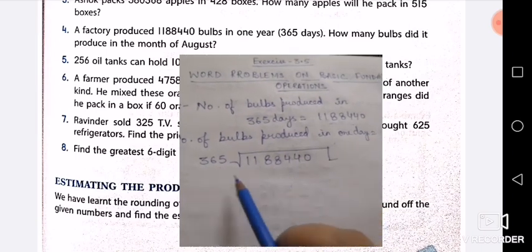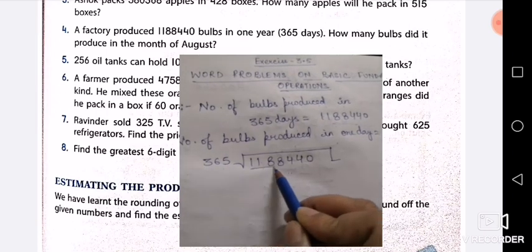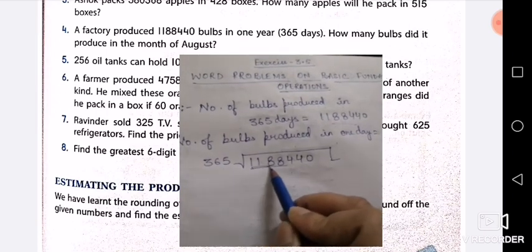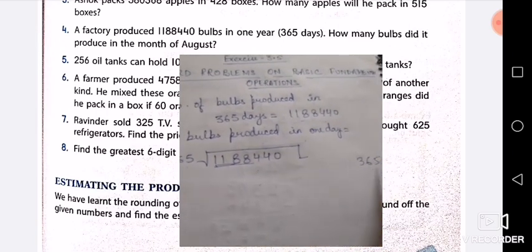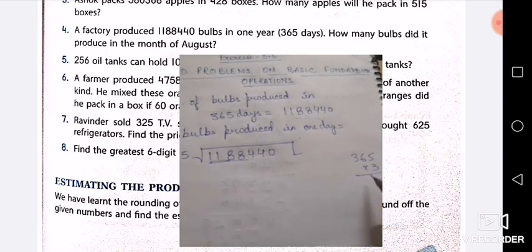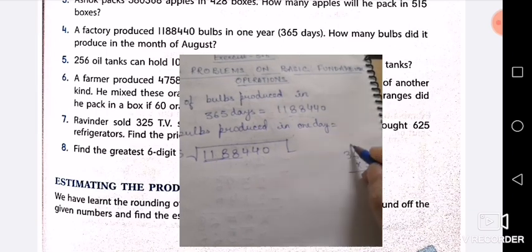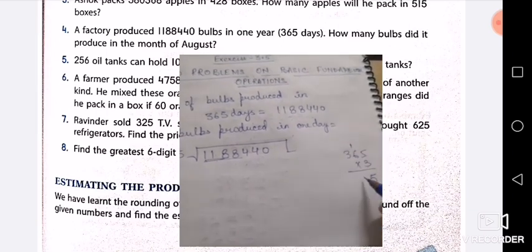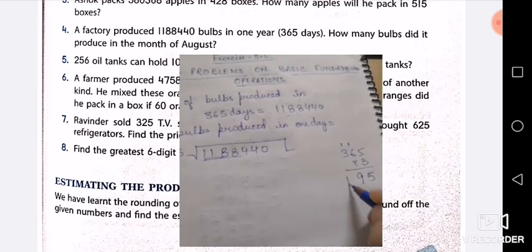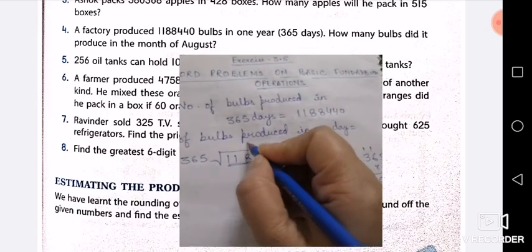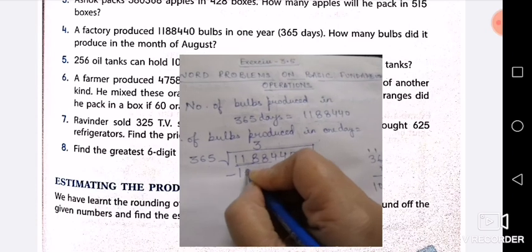So what you will do, first of all we will divide it. Here we'll take 4 places because 3 places, that is 118, is less than this. So 365 might go 3 times. We'll do it and see whether it goes 3 times or 4 times. Now 3 5s are 15, 3 6s are 18 plus 1 is 19, 1 will be carry, 3 3s are 9, plus 1 is 10. Okay. So now it goes 3 times, which is 1095.